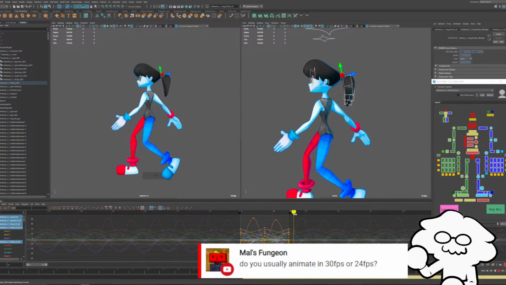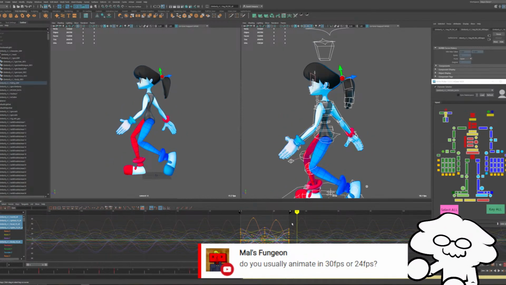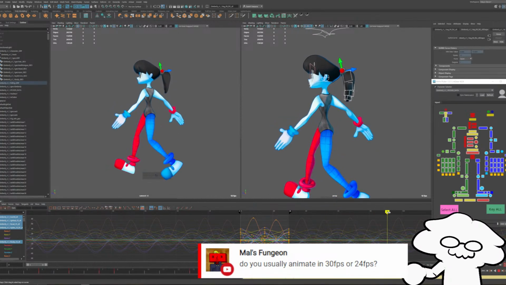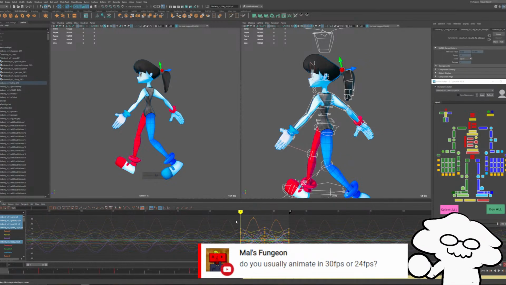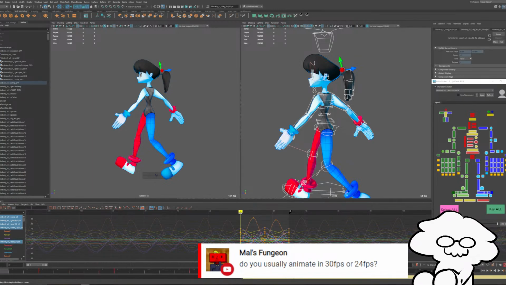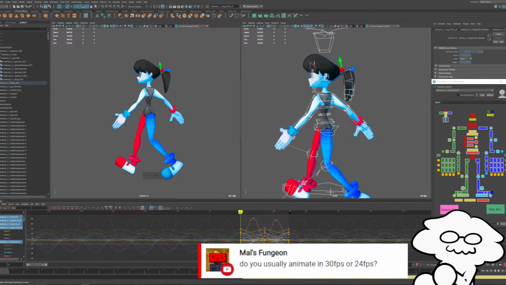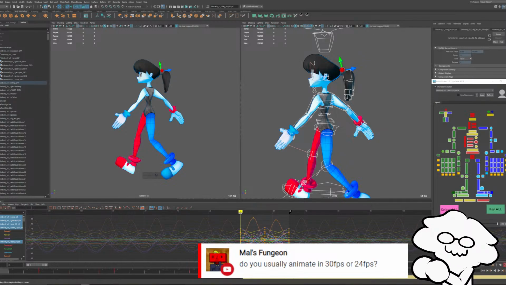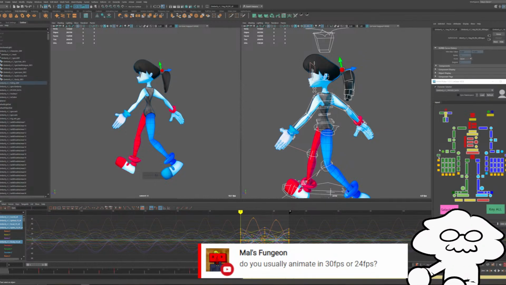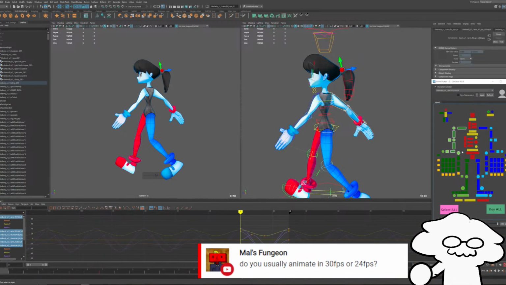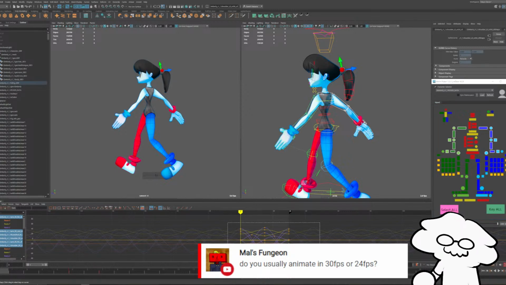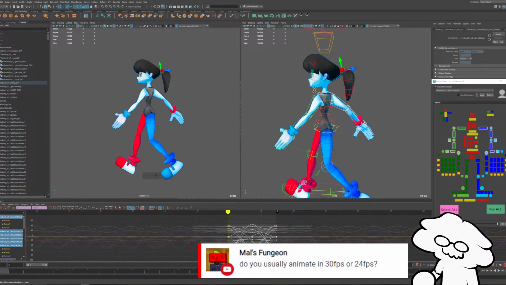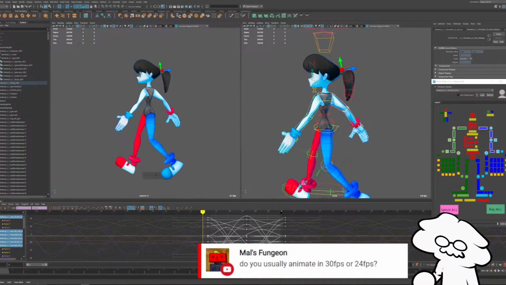So if I were to keep going off of the actual range that I have, it will just continuously loop forever. And you just want to make sure when you do something like that, that all of your keys start and end at the same place, or all of your keys for each control are the same length. So right now we know that our arm controls and our arm keys are 30 frames long. So if we were to take all of our arm keys and delay them by, say, 2 frames,